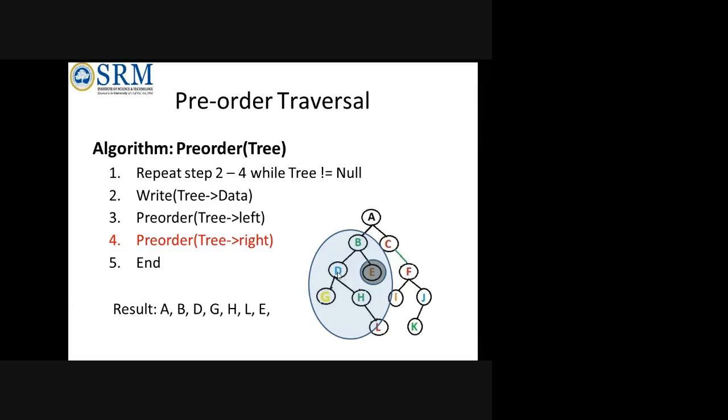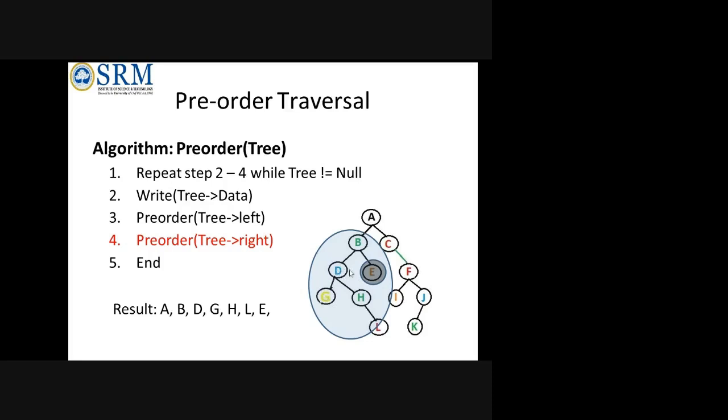When it comes to D, it knows that it again has children G and H. But D is the parent of G and H, so D will be taken. Then it will come to G. When it comes to its left, G does not have any more children, so G will end. Your algorithm will end here. And now it will start to process.